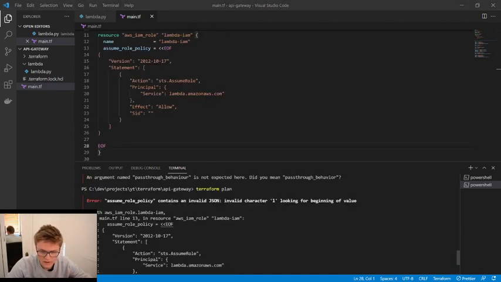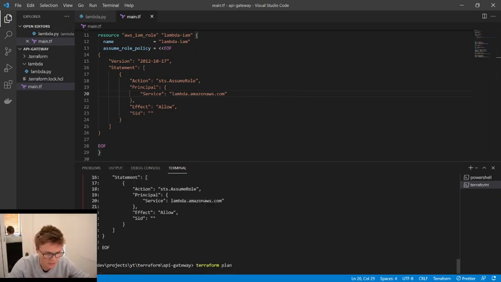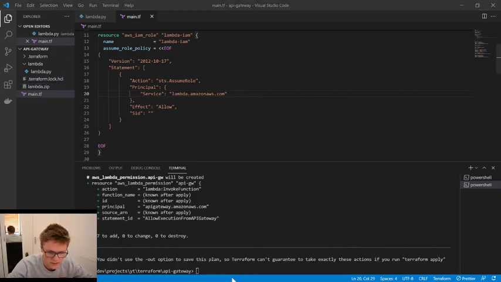Okay, we got that error about the policy again, but I've noticed there's no quotation mark here. I think that's the L it's talking about. So again, we'll just change that and then quickly run Terraform plan. That fixed our last error, so ready to run Terraform apply, and that should